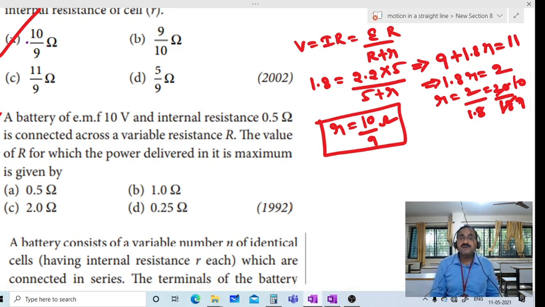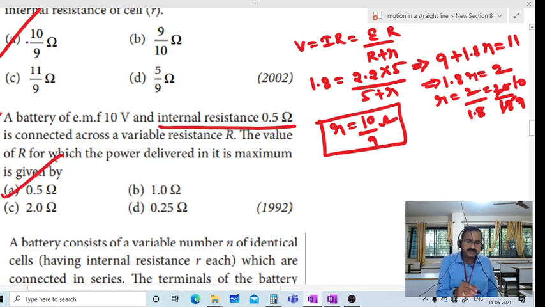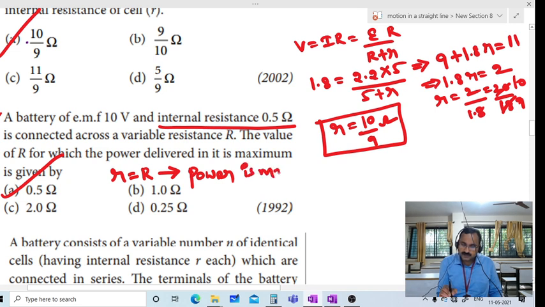We observed that. What we observed? When the external resistor is equal to the internal resistance value, then power is maximum. This is the problem. Internal resistance they have given already, which is equal to external resistance capital R. That is R is equal to r, then power is maximum. Over. Means the answer, how much does it become? 0.5. Over. Completed that.